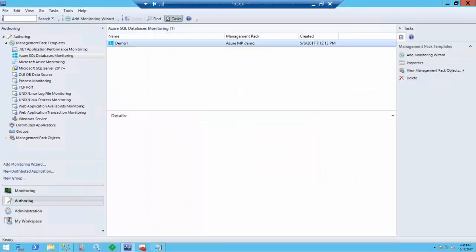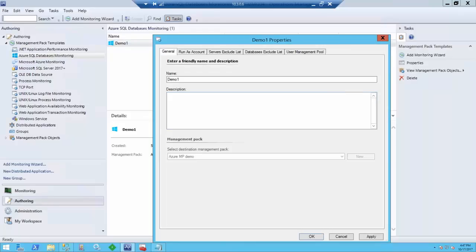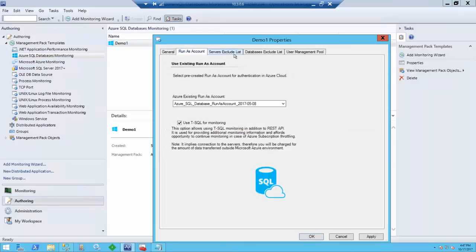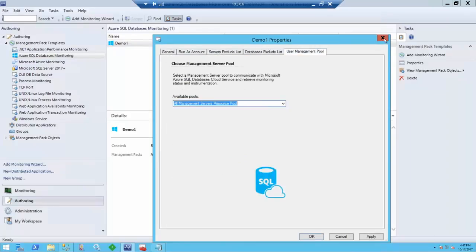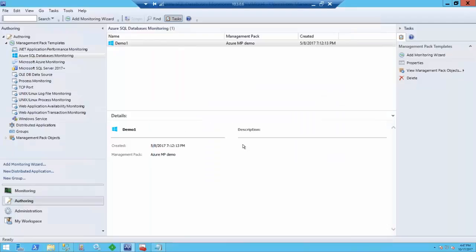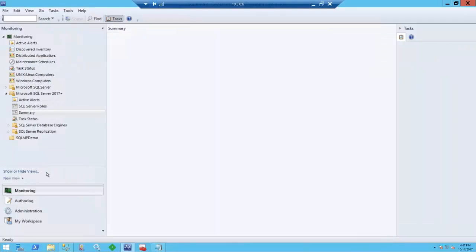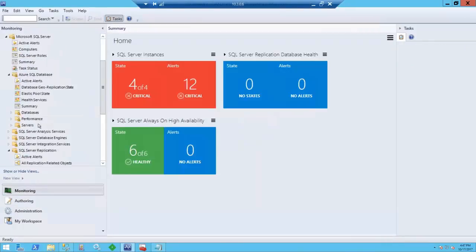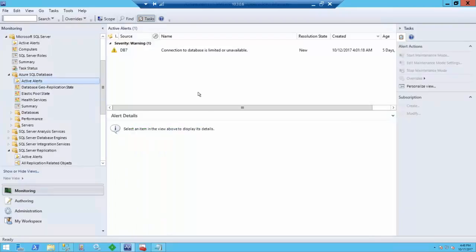And here I, as usual, have something pre-configured, so I'm not going to do it again. Now I want to switch back to the Management Pack monitoring tab. And here I have the Azure SQL database folder, and again it has the same structure as all other Management Packs. The very useful active alerts